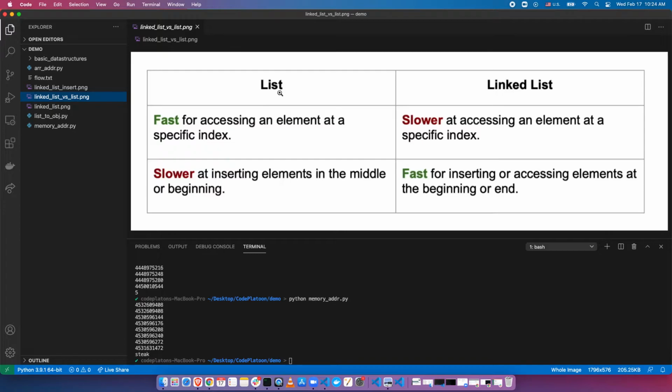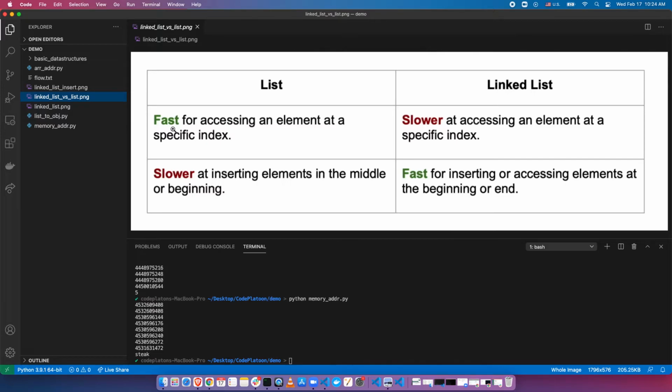So here are some of the features of a list or an array. Arrays are good for indexing an element at a specific index. So if I want to be able to immediately access any given value in a data structure, then an array is a very good choice, because